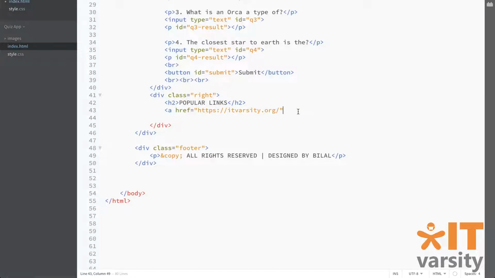Okay, so we've got the open tag, now we put in the close angle bracket. So you see immediately the editor puts in the close tag for the hyperlink, and the text we're going to display goes right inside there. So I'll put in IT